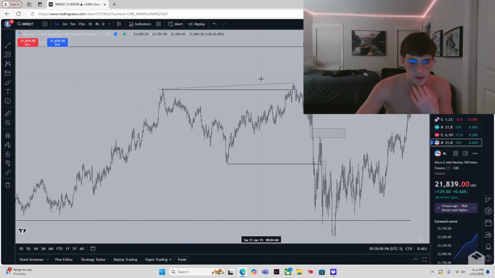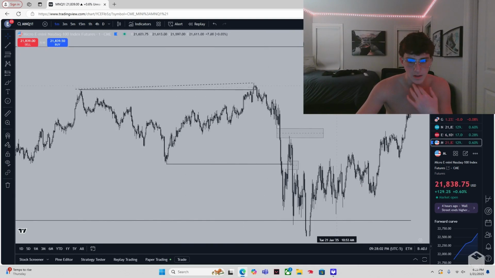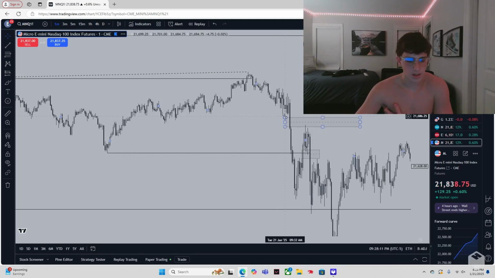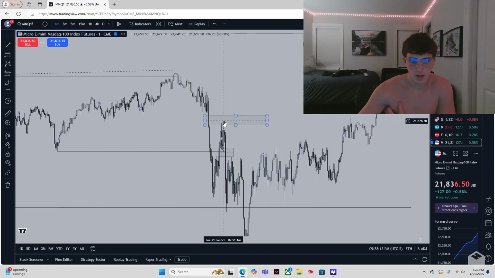Okay. So pre-market we had an hourly sweep and then hourly SMT. NQ took out the highs, ES did not at the time. NQ sells off, breaks 15-minute structure to the downside. At this time, ES was kind of in its own world. I was disregarding it. I didn't want to look at ES. It wasn't doing much.